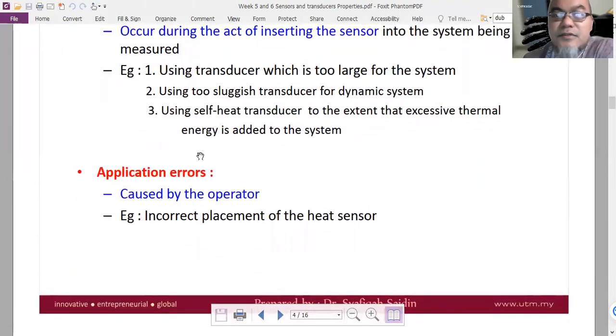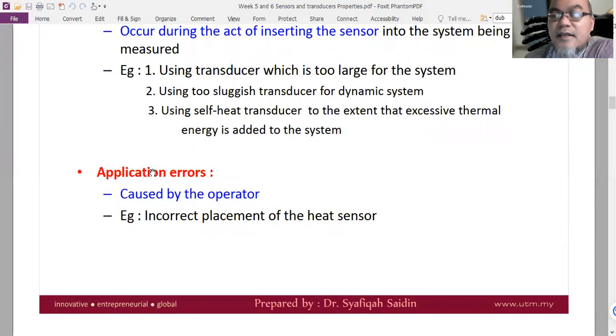Then there is also error that is caused by the operator. This is considered as application error. For example, we want to measure temperature, but the sensor itself is placed on the wrong part of the body. For example, if you are measuring using infrared, in the general practitioner, to measure the body temperature, you can